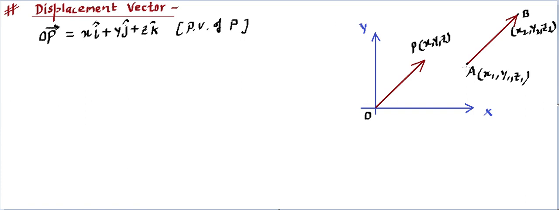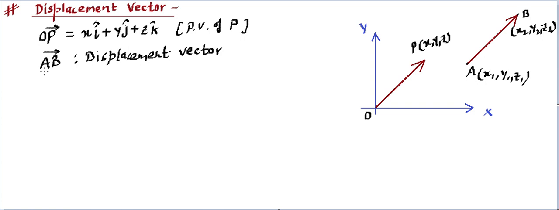So it can be said that the displacement vector starts from A and goes to B. So this AB vector will be known as a displacement vector. So there is a difference between a displacement vector and a position vector. For a position vector, we simply require one point's coordinates, while for a displacement vector, we require 2 points A and B, and neither of the 2 points needs to be the origin.